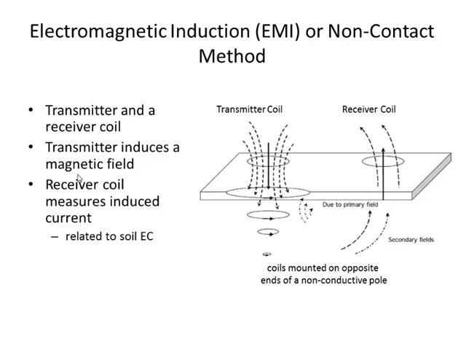The second instrument we have measures electrical induction. The idea is that we have a coil here. We pass electricity through it, and a magnetic field is produced in the soil. This magnetic field causes the electrons to flow. The flow of electrons produces a second magnetic field, which we measure with the second coil. This is what we are measuring.